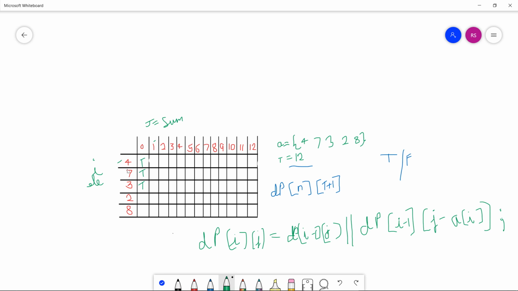Suppose we have the array 4 7, and I ask whether there is any subset whose sum is zero or not. My answer is always true, because if we take the empty subset, its sum is zero. So zero is always true in every case.